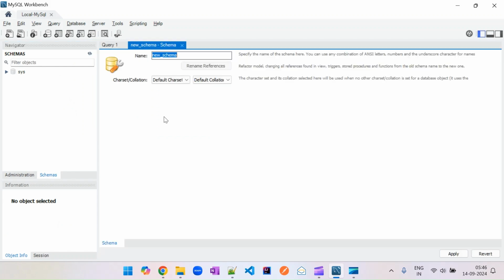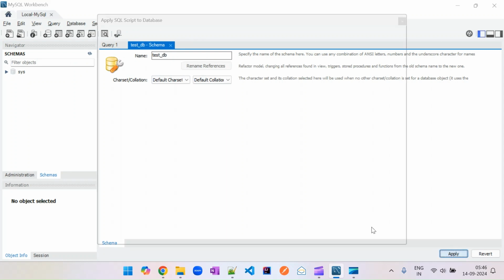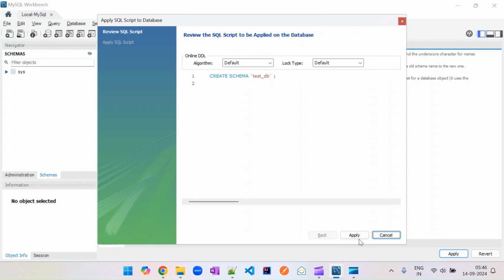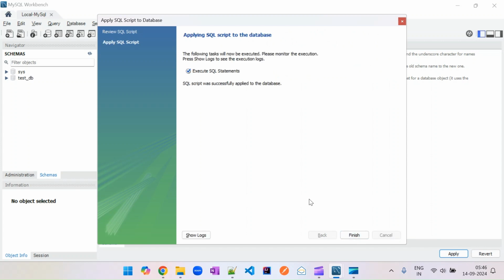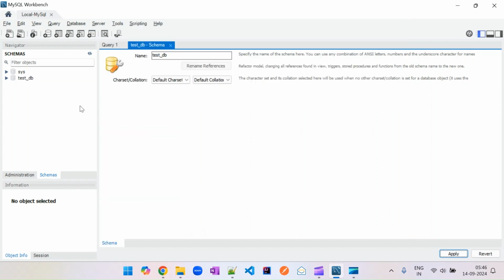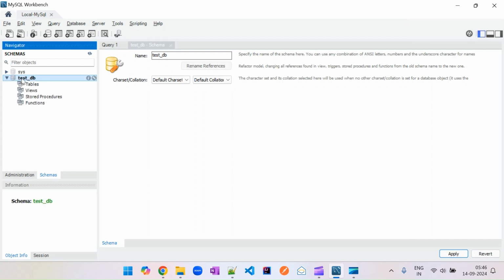It will open the new schema window. Here we'll give the schema name. Let's go with test DB and click on apply. And then apply again. And it will create the schema for you. You can see the schema created on the right side. Now we double click on this to make it the default schema. And again, we go to top right menu where you can see this icon which says create a new table in the active schema. Click on this